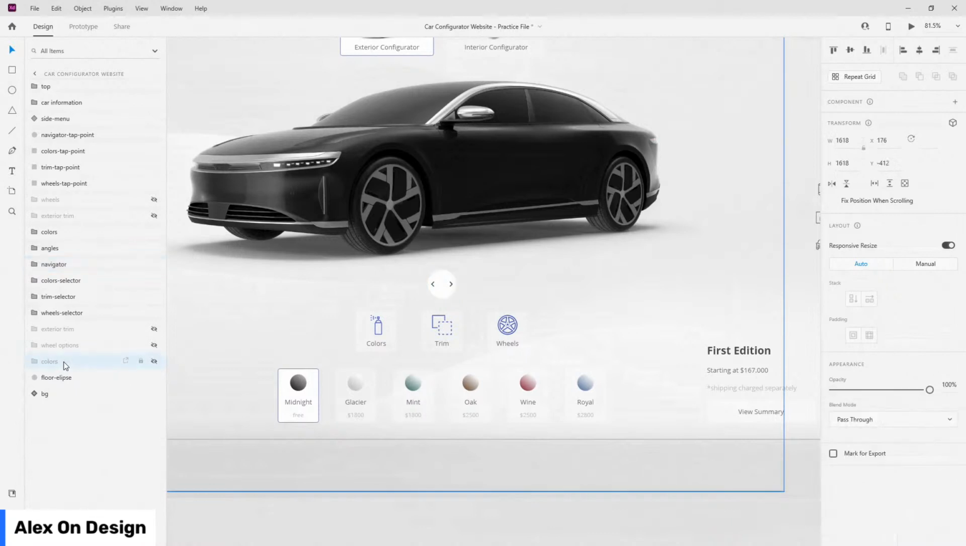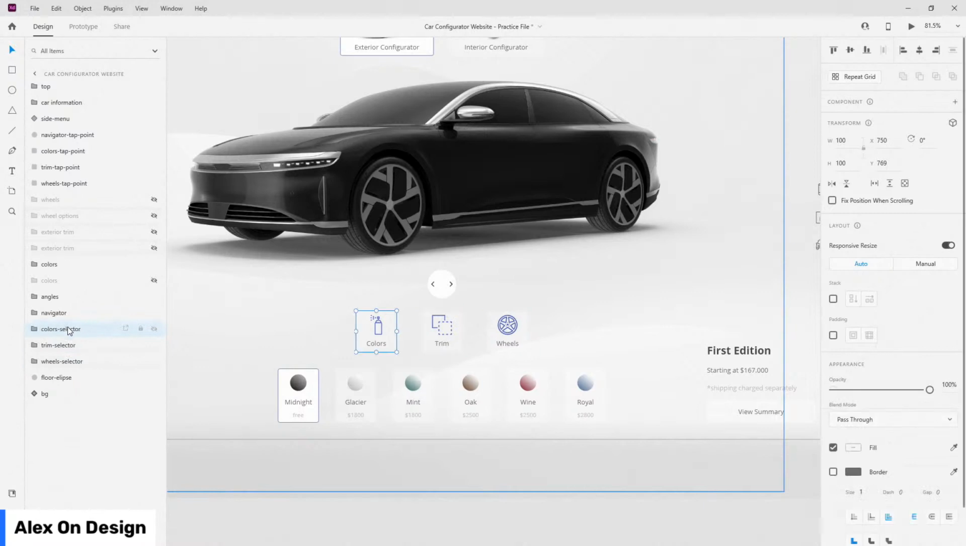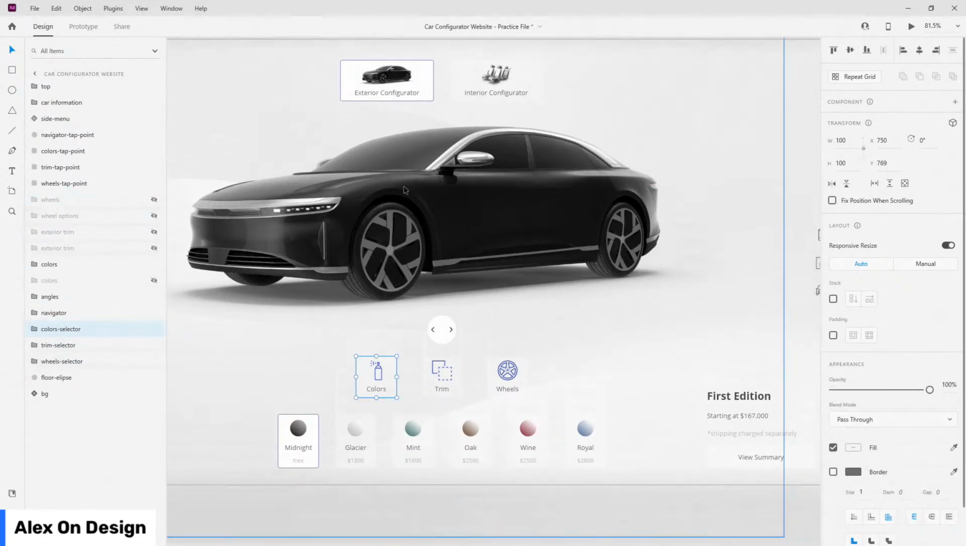So let's now group these. So colors go with colors, wheels go with wheel options, exterior trim goes with exterior trim, and all of this is going to make sense in just a second. And then we have wheels selector, trim selector, and color selector. So all of them are going to go into their separate groups. So I know it's confusing for now, but it is going to make a lot more sense in just a second. So first things first, hide all of this